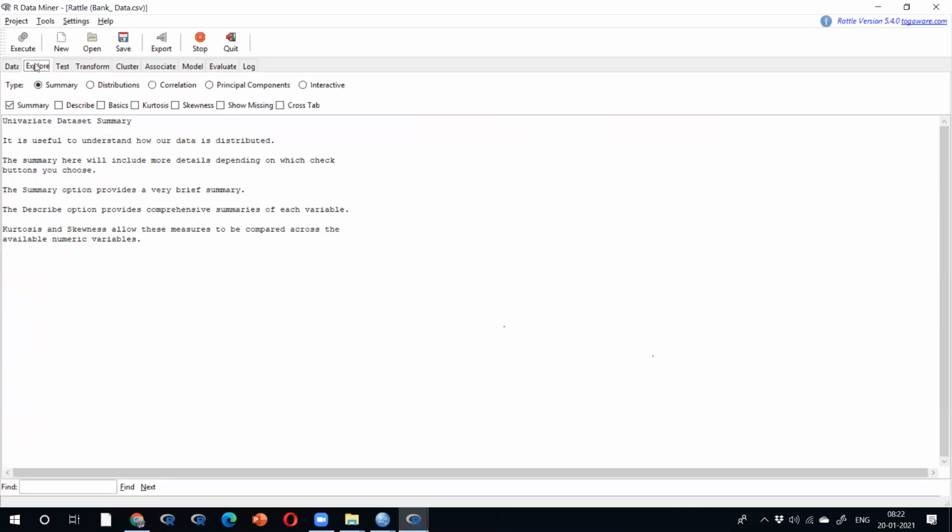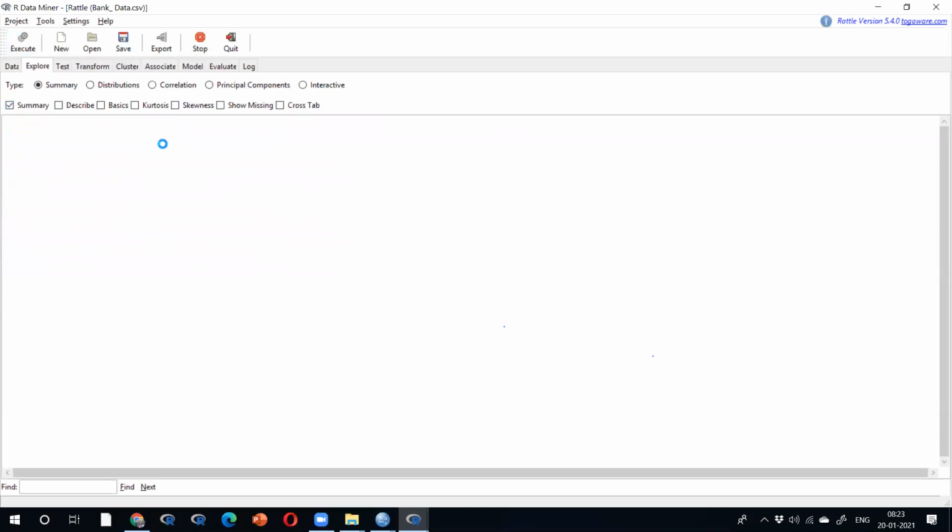In this exploratory, summary is there. What we have been doing for the last five days is summarization. Under summarization: describe basics, kurtosis, skewness, missing values, etc. Now select summary, execute it, and you see what it's displaying.